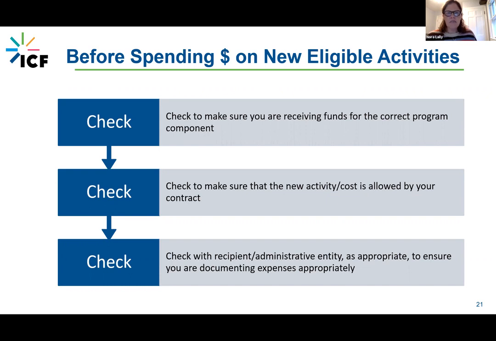Also important to look at your written agreement, your contract. Sometimes those have additional things that you either have to do or that you may not do. So always check your written agreement, and also always check with whoever is your administrative entity if you're thinking about making a change or adding costs. You want to make sure that they're aware of what you want to do. Also talk through if there's any change to any documentation that would be required, or any other specificities. So that's just a little bit of work that you want to make sure you do before you jump into spending on those new costs.